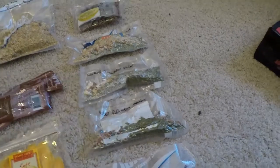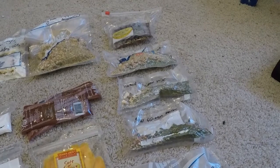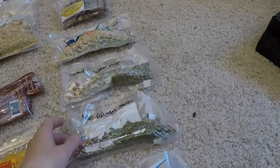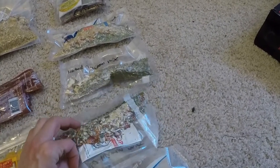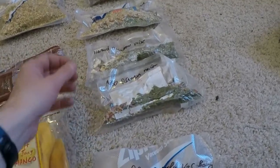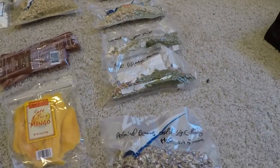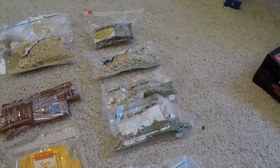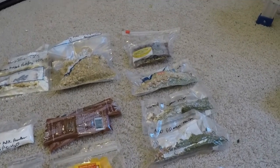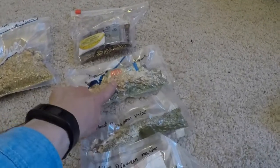So the idea being I could go get a packet of ramen or a packet of mashed potatoes or dried rice, you know, instant rice, and then add these things to it to give it more flavor, to basically make a vegan meal out of it. So, you know, herbed mushroom and Japanese style ramen mix and things of that nature. The idea being I can get the starch and then add that to it to make it more meal-like. There's a lot of TVP and things in there,